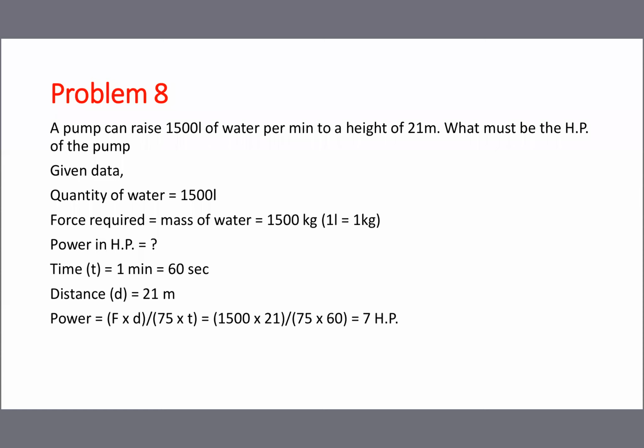So now you operate the motor for 10 minutes. So 0.7 HP motor required for house. Here 1 minute is very, very less time. So 7 HP motor, if you operate for 10 minutes, 1500 liters of water is lifted up to a height of 21 meters. For 10 minutes, a 0.7 HP motor is okay, but better you purchase 1 HP. So go to problem number 9.